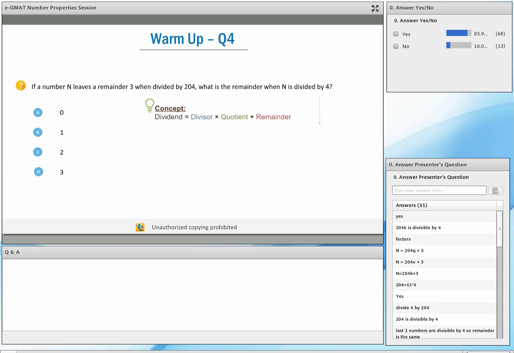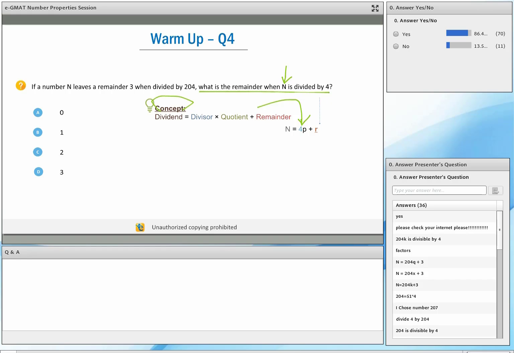Now, again, the first step is we translate. What is the remainder when n is divided by 4? So essentially, if I apply the concept and look at this, when I'm translating, I'm utilizing my conceptual understanding, which is why that 100% conceptual understanding is absolutely critical. So n is the dividend, right? So you need to know what is the dividend. So that's why it's very important to know 100% of the concepts, right? n is the dividend, 4 is the divisor.